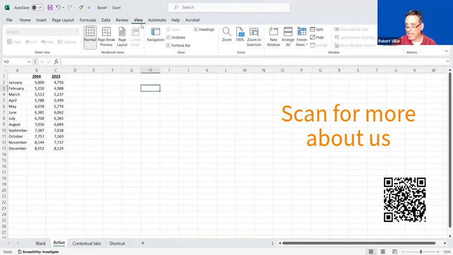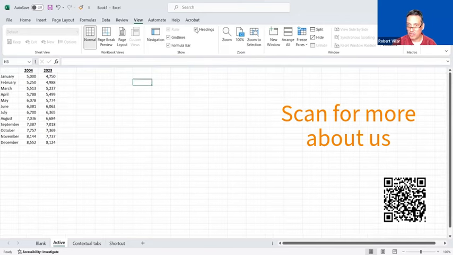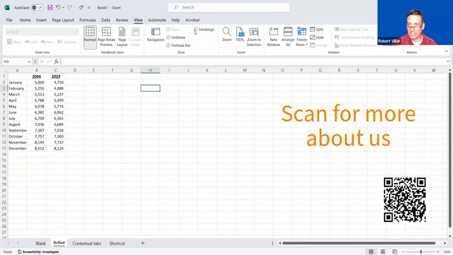So in the View tab, we've got things that you can turn on or off, right? Do you want to see your headings? Do you want to see your grid lines? Do you want to see your formula bar, right? These things are check marks, so they'll turn on or off depending on what you do. And then